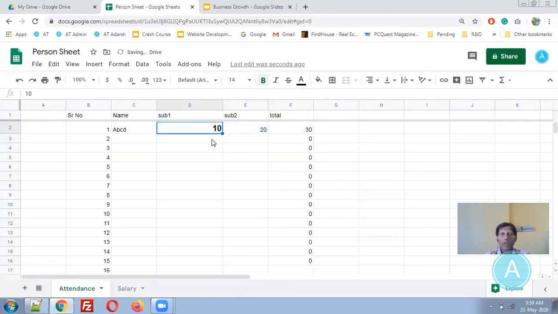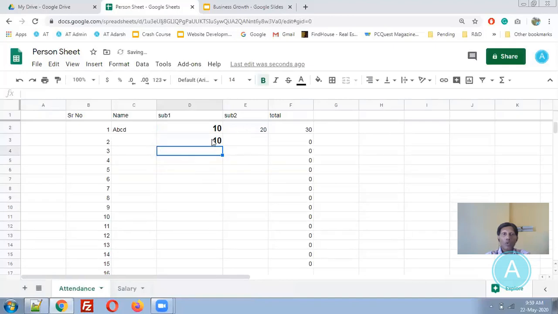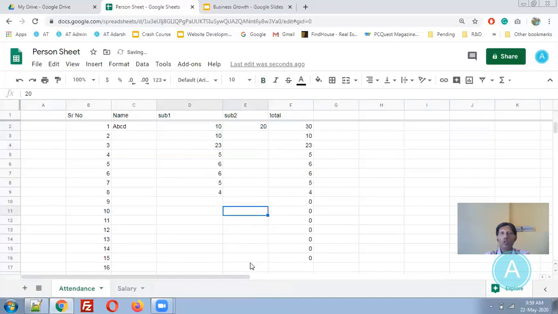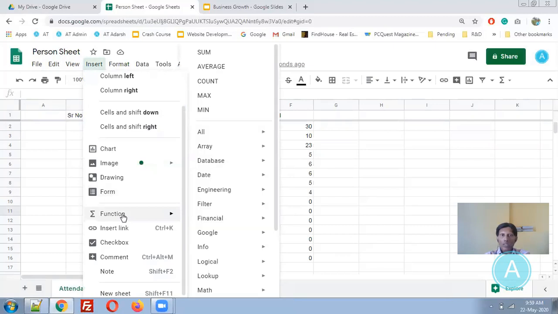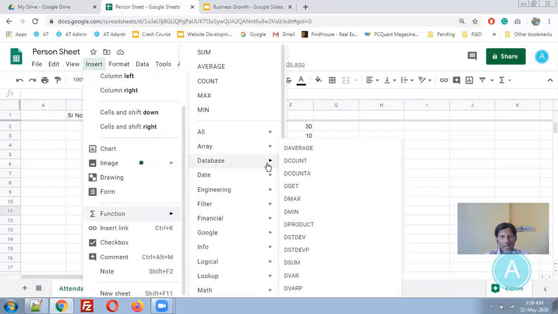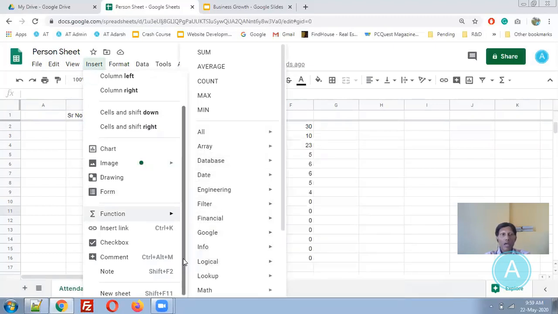For example, you can put in some random values. This formatting is not good, so just pick up this formatting from this cell to this cell, so automatically it will look good. So these kinds of things you can do. This is the sum function example. You can try with other functions. So many functions are available.